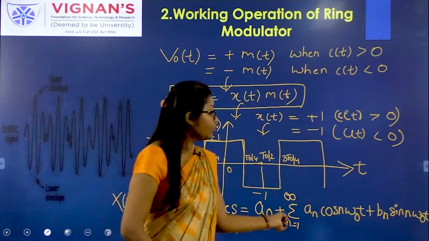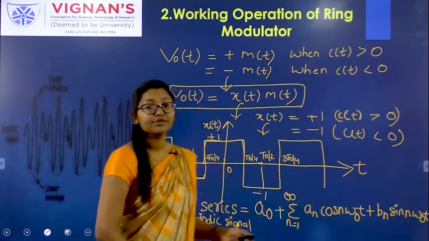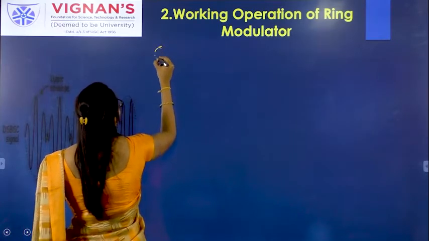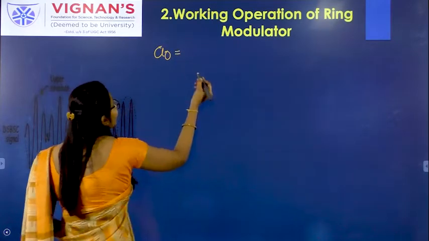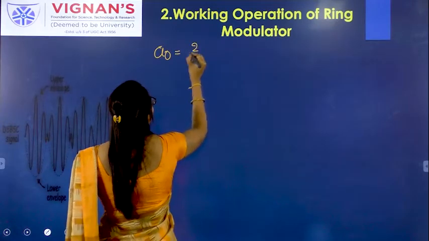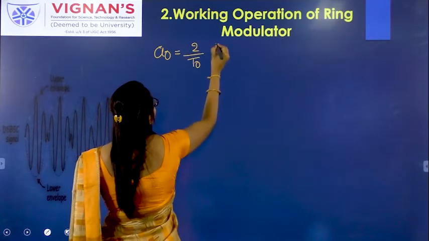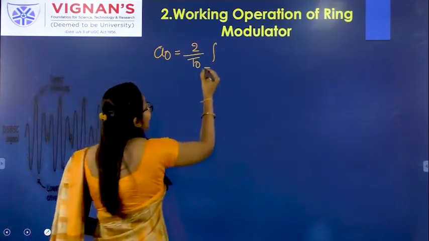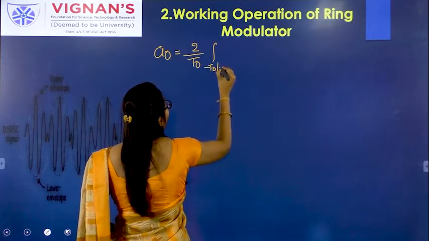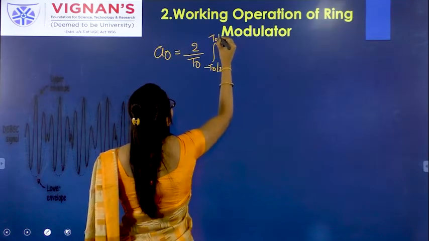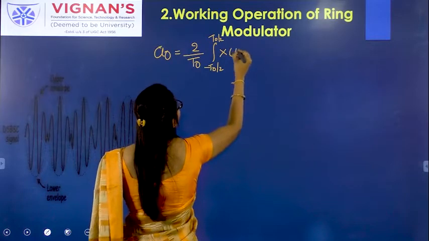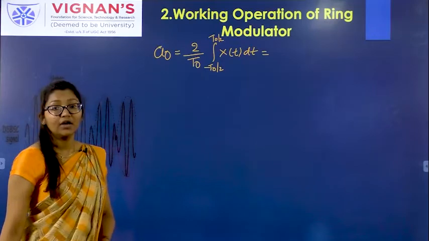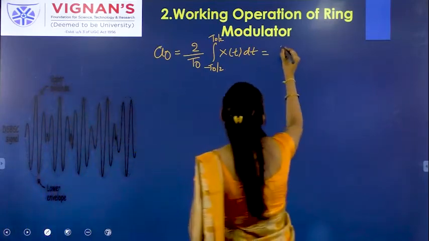Now we will derive what the a naught, a n and b n values are. First I am deriving a naught. So what is the a naught value? A naught is 2 by t naught times the integral over one cycle. I am taking the cycle minus t naught by 2 to plus t naught by 2 of x of t dt. This is the a naught value. Now I am writing 2 by t naught